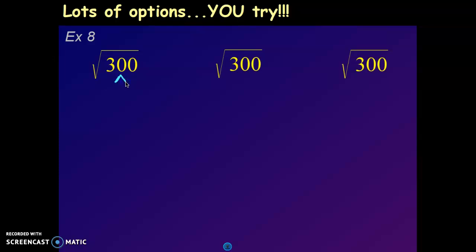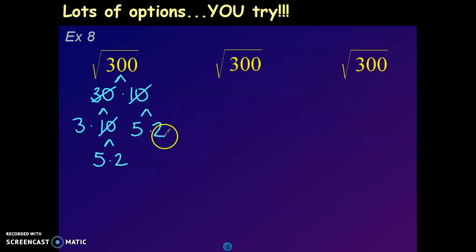So some people see 300 and they think, okay, it ends in a 0, so that's just 30 times 10. And then they start breaking down. So maybe 30, you say that ends in a 0, so that's 3 times 10. Cross it out. 3 is prime, but 10 breaks down to 5 times 2. And this 10 breaks down to 5 times 2. So it could get a little messy, but as long as you show your factor tree as neatly as possible,